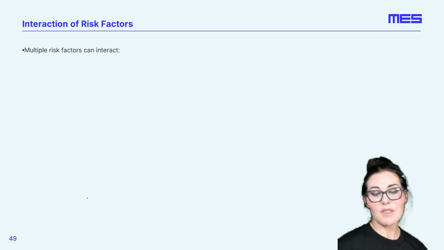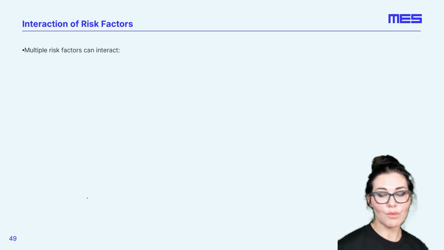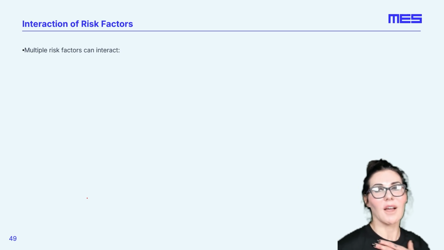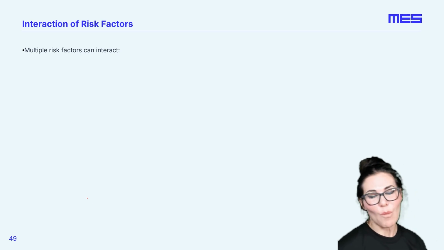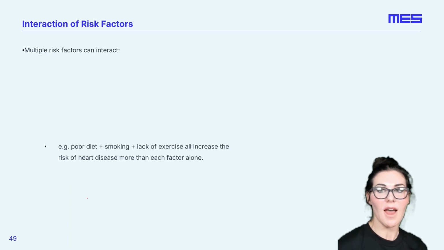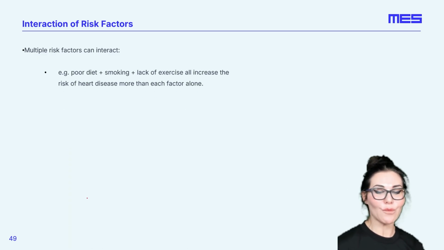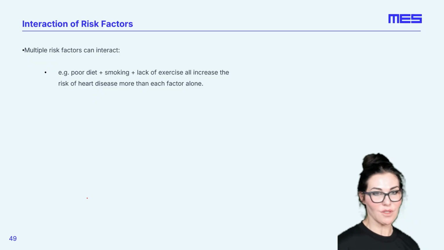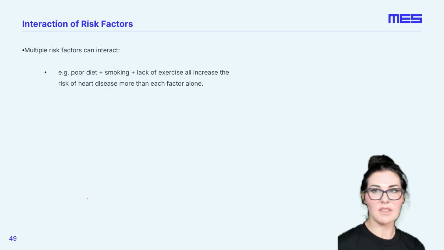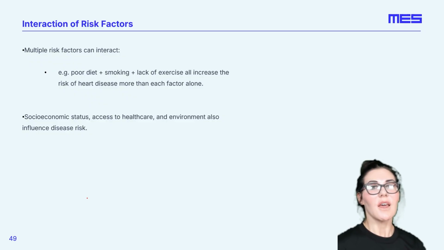Now, don't forget that risk factors can also interact. You can have multiple risk factors that can lead to a cascade of effects. We're talking worst case scenarios here, but be aware that if you do a lot of bad things, like you have a bad diet and you smoke and you don't do much exercise, then you are going to be exposed to multiple risk factors at once, and that's going to put you even more at risk of the consequences of that, like developing heart disease. Also,